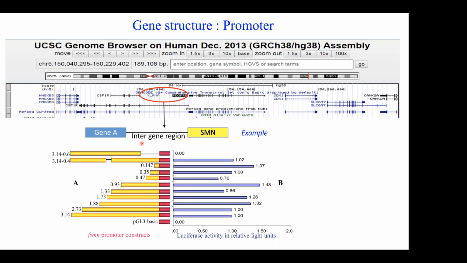Okay, so here I would like to highlight one more thing. In the beginning, I stated that some genes will run in the 5' to 3' direction on the sense strand, and some genes will run 5' to 3' in the antisense strand. In this example, you can see this arrow mark.